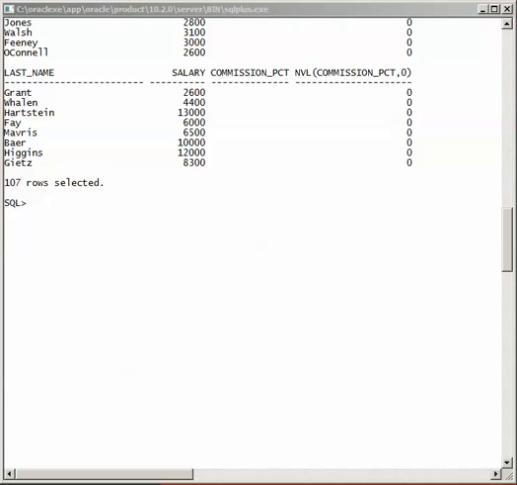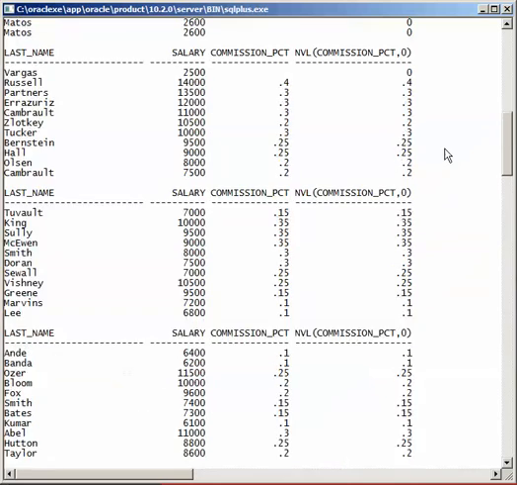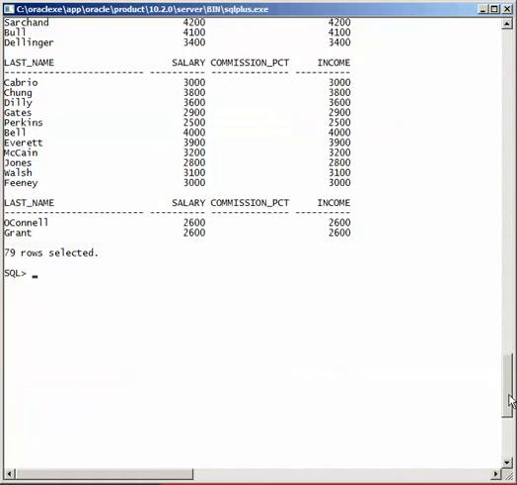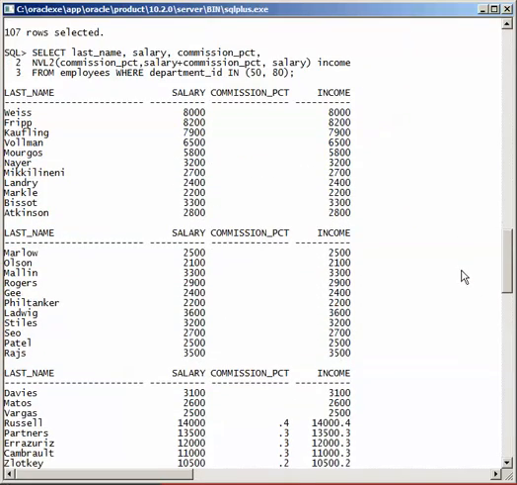We have another function, NVL2. NVL2 accepts parameters like this: commission_pct.